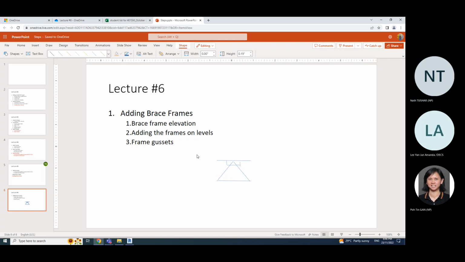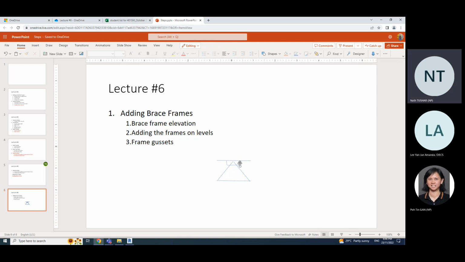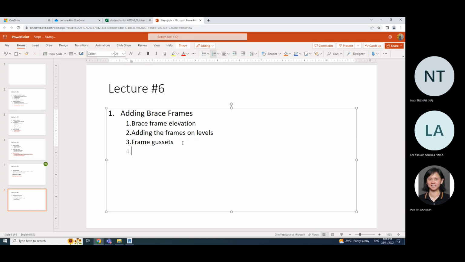So frame gussets. Later on, when you actually do it, you'll be able to understand how it actually works. It's basically made up of steel, right? So gussets are, frame is also made up of steel. Okay, so frame gussets. And then finally, today for the first time, we will be creating